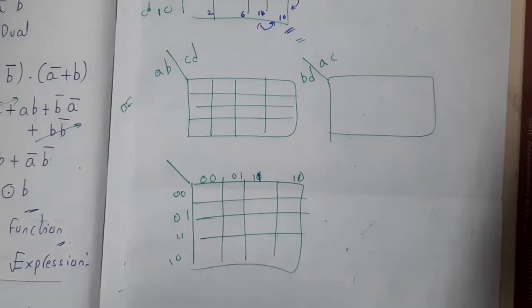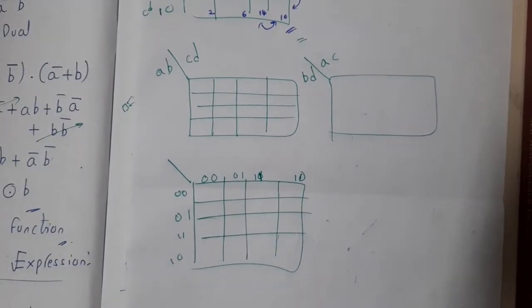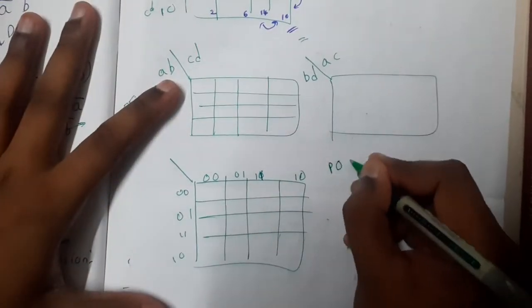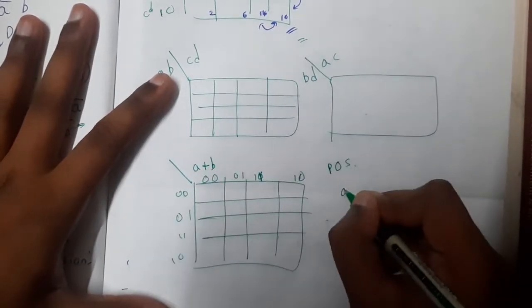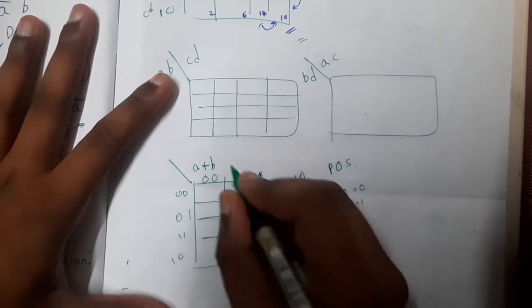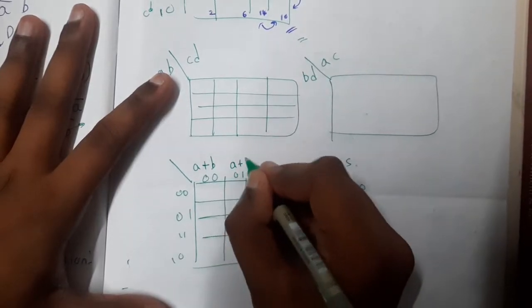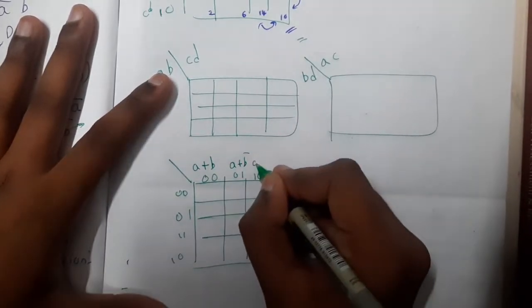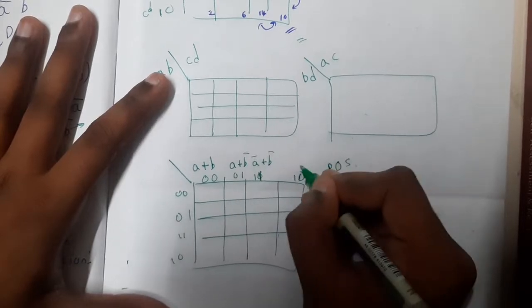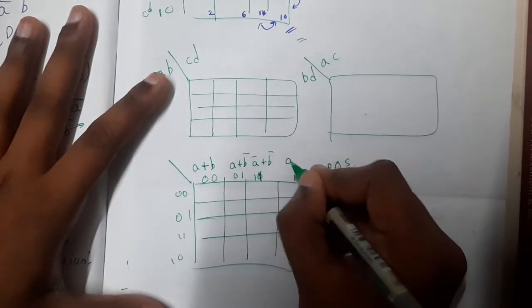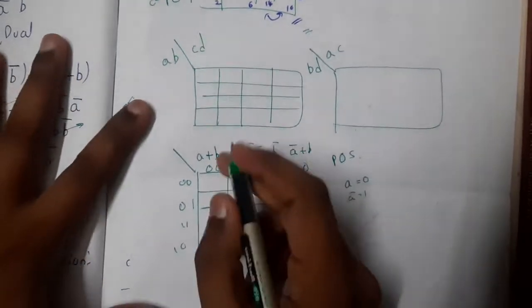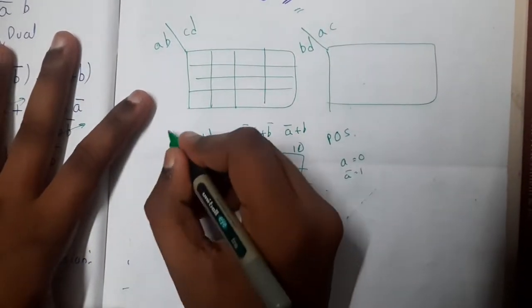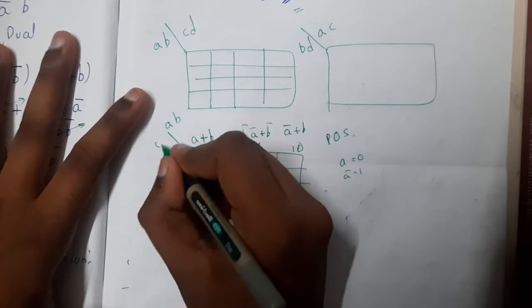Okay. So whenever you are writing for POS, that is nothing but a product of sums, you will write in terms of pluses, guys. So if you recall, A equal to 0 and A bar equal to 1, right? Yes. So A plus B bar. Similarly, A bar plus B bar, plus A bar plus B. Guys, I'll be taking a bit of time while writing this, because I will also be a bit confused when I'm solving this. CD.